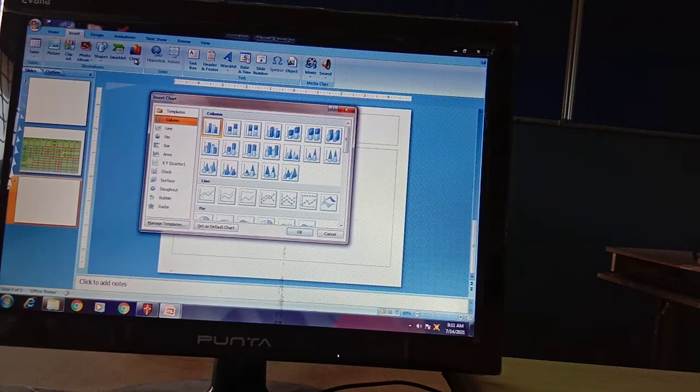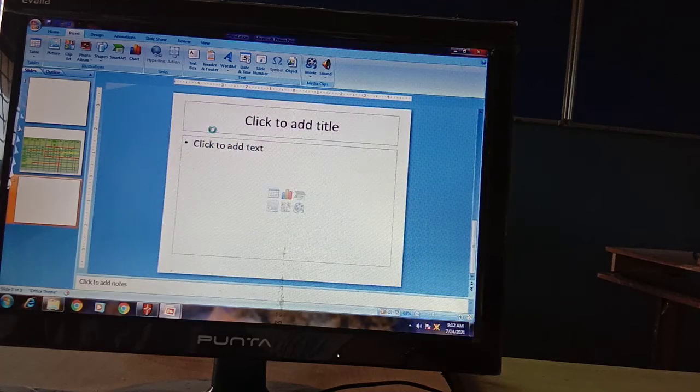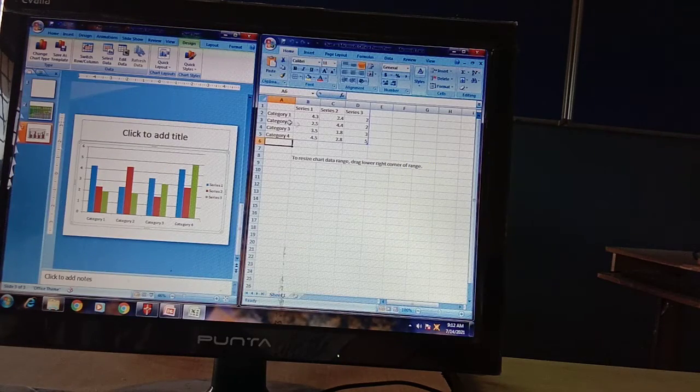First 4 charts we are going to learn. Other charts are also available, but we are going to learn mainly these 4. So first of all, let's insert a column chart. As we click on this, the types of chart will be available.